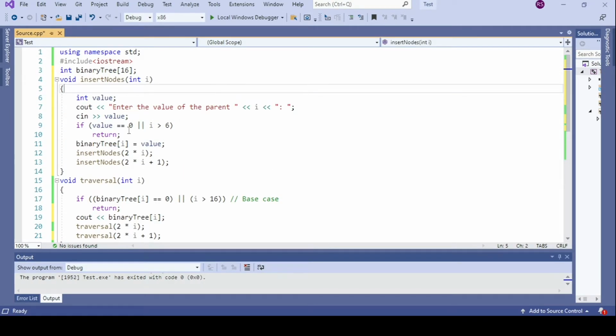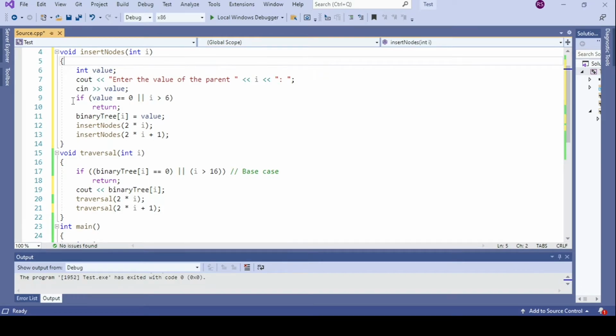You can see that this logic very clearly resembles the pre-order traversal. That is the simple way you can think of logic. You should not try to develop different logics for different situations. You must try to reuse an existing logic so that it is easier for you to remember. If you remember the pre-order traversal, then you can also implement the insert nodes function.